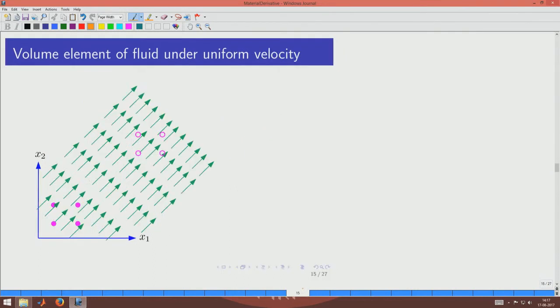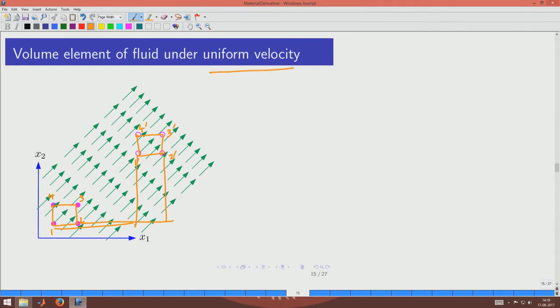You can also see that it is true for any arbitrary velocities as long as all the 3 components are the same, then the shape of the control volume will not change. So, you can see that the horizontal distance and vertical distance should be the same for every point. So, for every point the shifts are the same in all directions because the velocity is uniform.